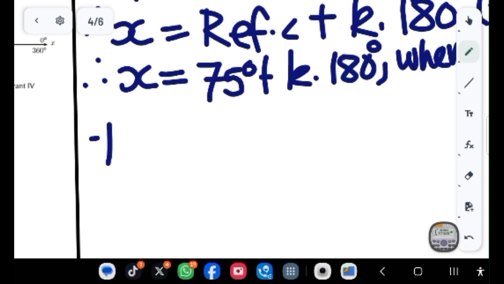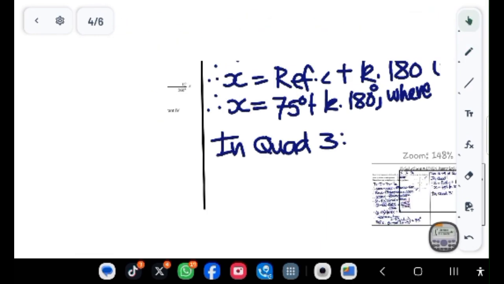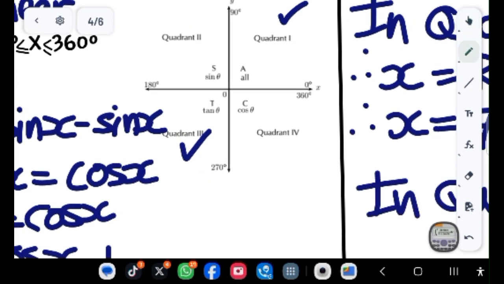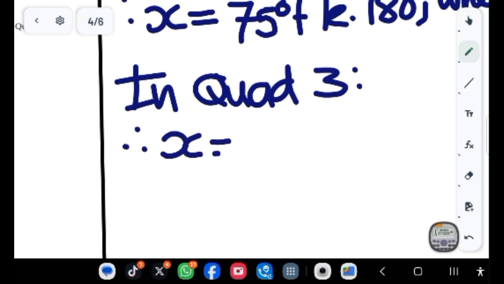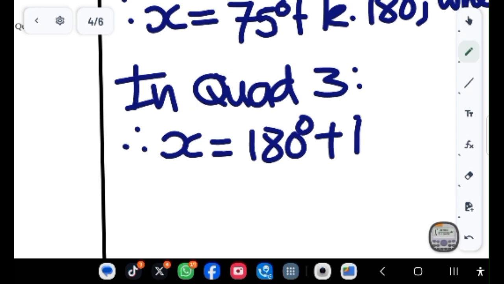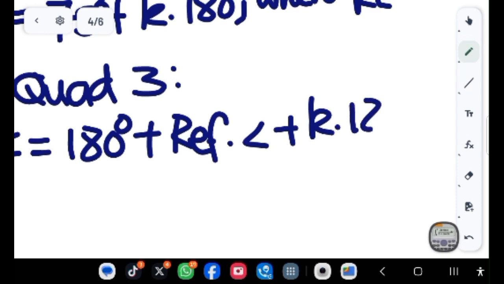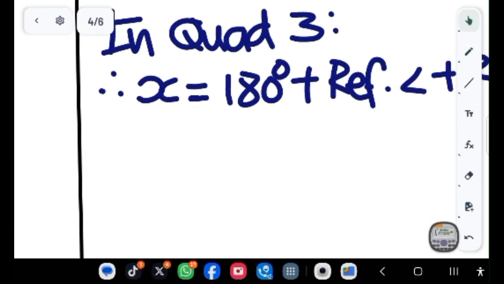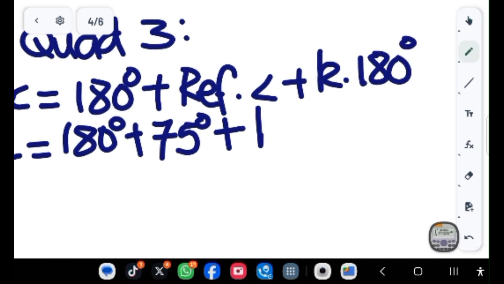Now let's look for what the angle is in quadrant 3. In quadrant 3, angles are expressed as 180 plus theta in reduction angle formulae. So x will be equal to 180 degrees plus the reference angle plus k times 180 degrees, where k is an element of integers. I won't necessarily always write that. Therefore x equals 180 plus the reference angle, which is 75 degrees in this case, plus k times 180 degrees,